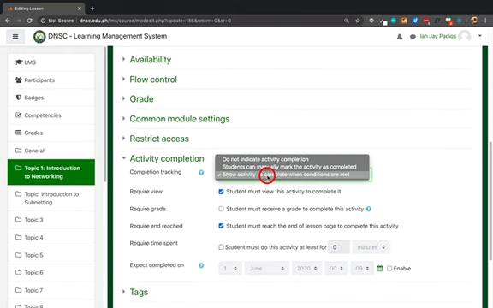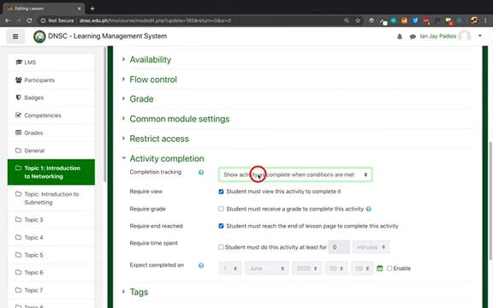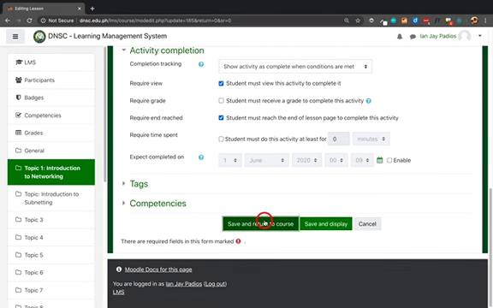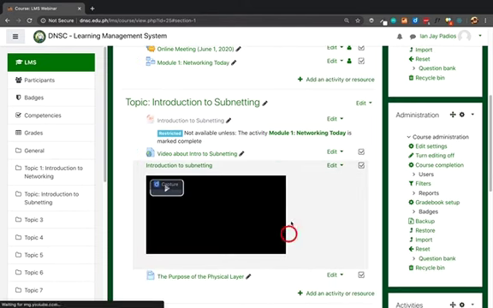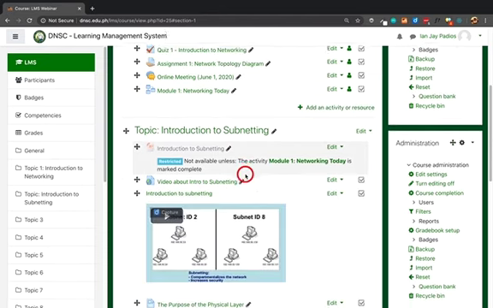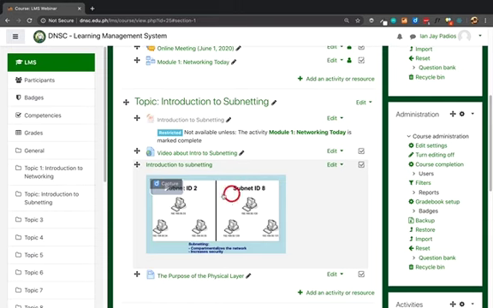Completion is: show activity as complete when the conditions are met. Student must view the activity to complete it. Then the student must reach the end of the lesson. Okay, so let's say so. Okay,